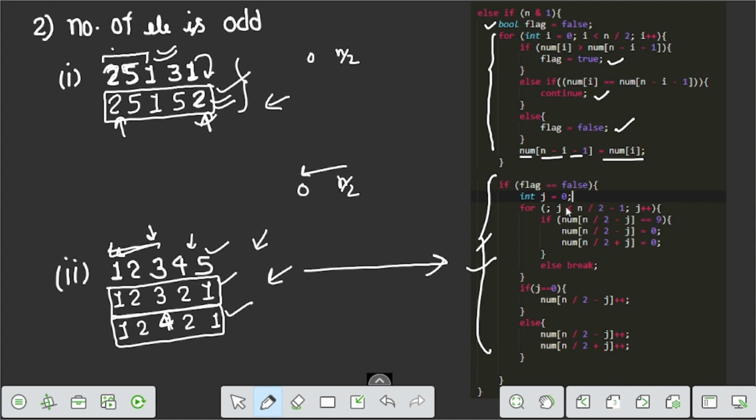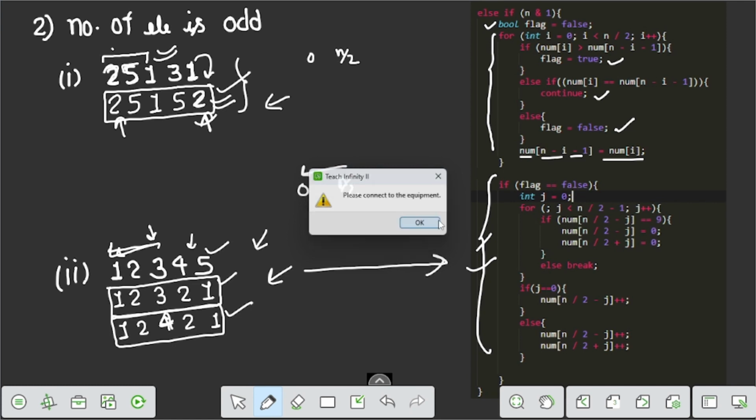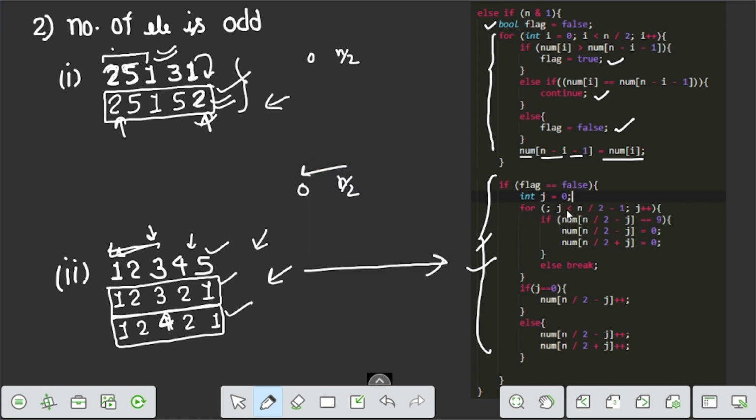We initialize j equals 0 and traverse j from 0 while j is less than n by 2 minus 1.